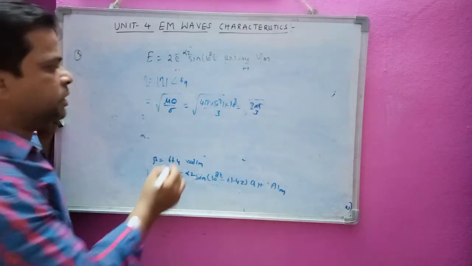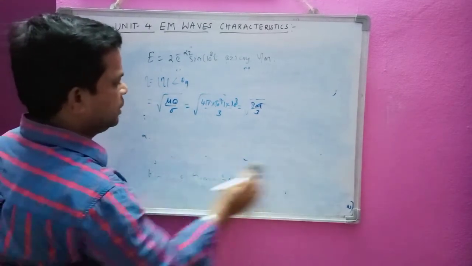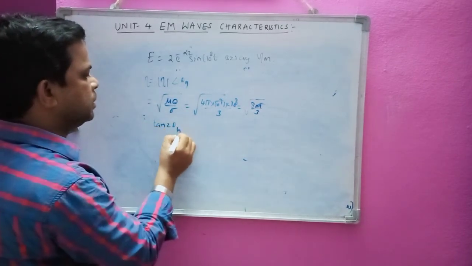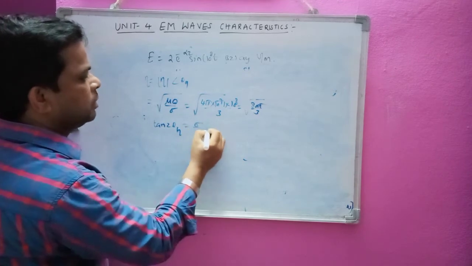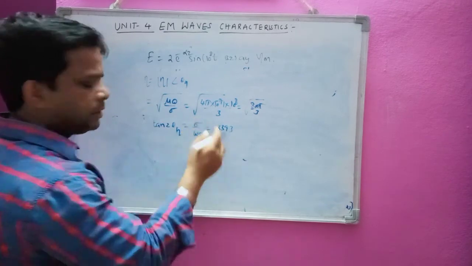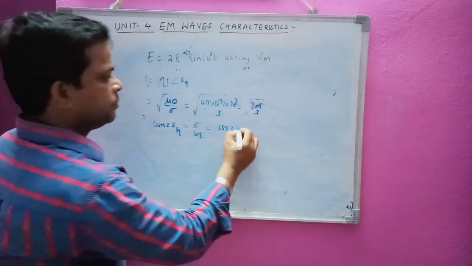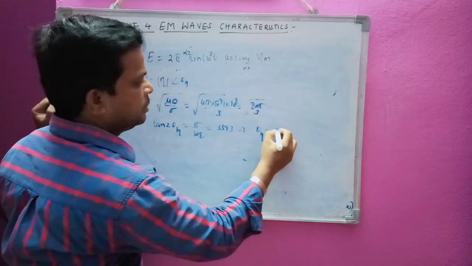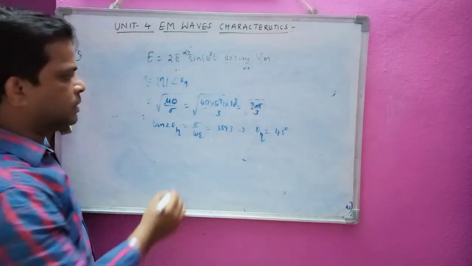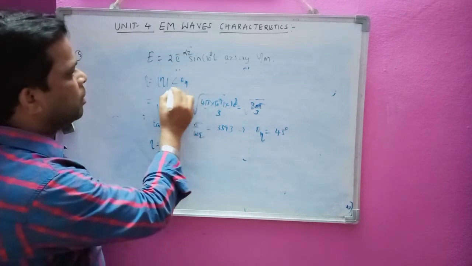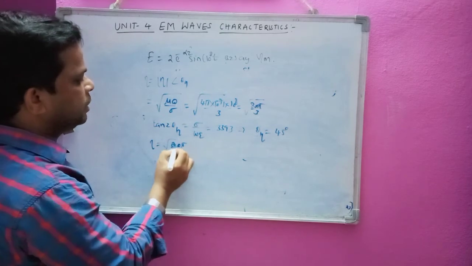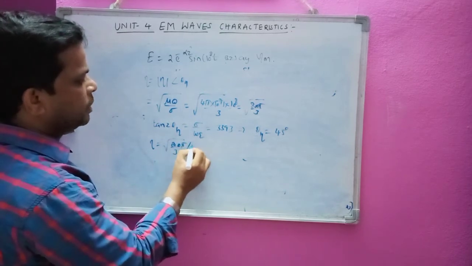Now similarly, we have to calculate the theta of eta value also. That is, tan 2 theta of eta is equal to sigma by omega epsilon. Sigma by omega epsilon we have already calculated, that is 3393. If I take the angle, you can check by using your calculator, it turns out to be 45 degrees. So finally I can write eta is equal to mod eta, which we got as the square root of 800 pi by 3, at an angle of 45 degrees.